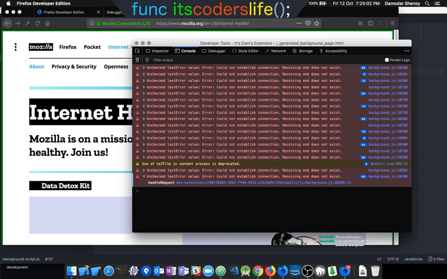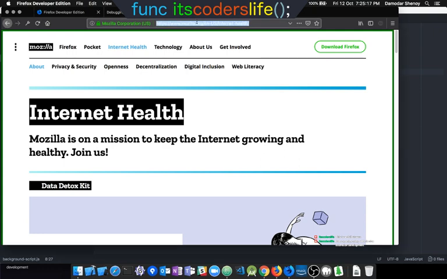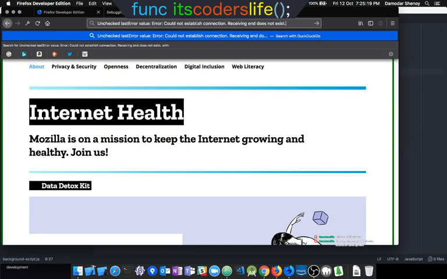Last error value: could not establish connection, receiving end does not exist. So basically it's telling me